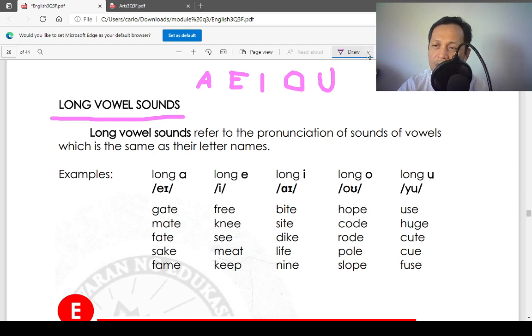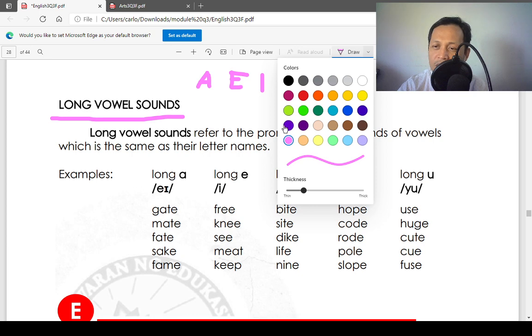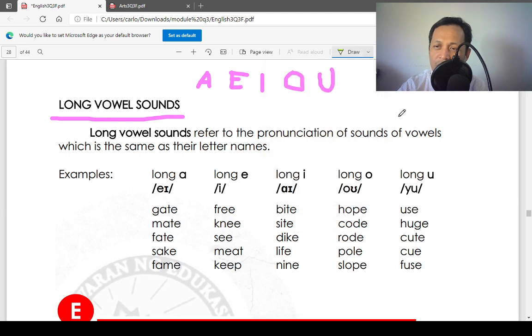Again, let me emphasize to you that the letter name is different from the letter sound. This will sound ah, eh, i, oh, and uh. That is their phonetic sound. Now, if we are going to read them as is with their letter name, we read them as